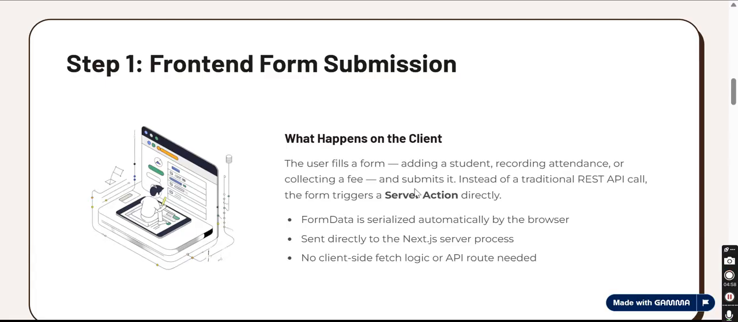So, front end form submission. We come directly to the login page, and after that the dashboard. Basically, a user fills the form, adding a student, recording attendance, or collecting a fee, and submits it. Instead of the traditional REST API call that we used before, we are going to use a server action. That's where things change, because form data is